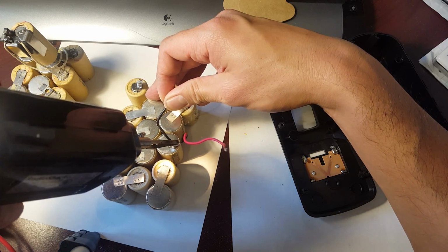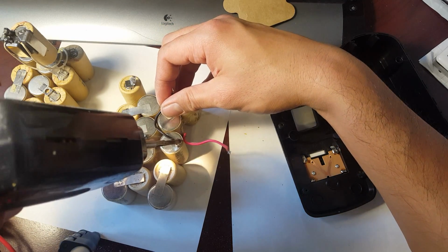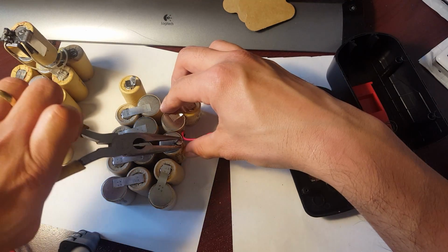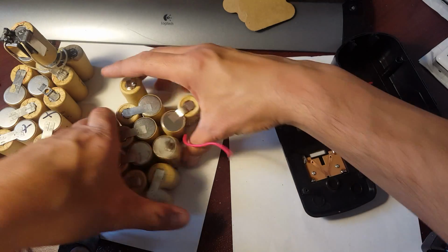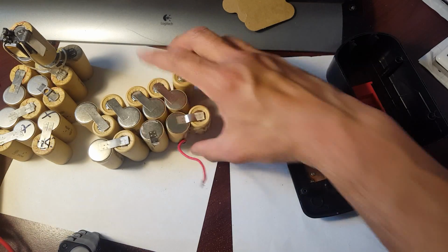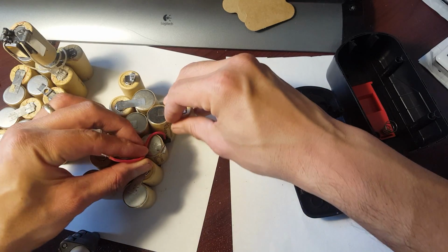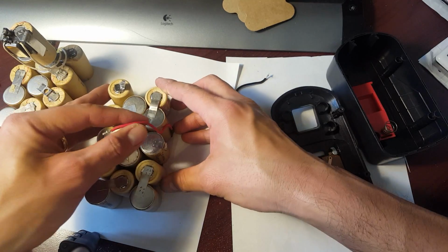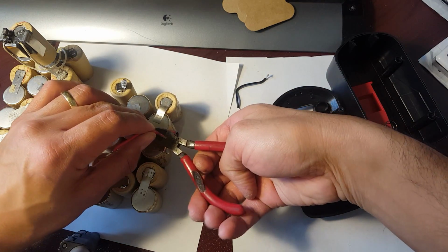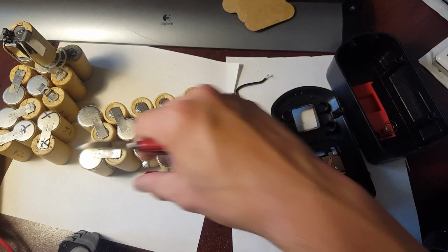So just unsolder this guy. Kind of go there. Unsolder this, set that aside. Then what I could actually do is move this to the side, down this way, fold it down that way like that, so I can kind of tuck it. But see, what I'm going to do now is I'm going to cut this wire, and I'm going to solder it right over there. Or I can actually do it at the top or whatever way I want, but basically what I'm trying to do here is to reconnect this as the new jumper. So I'm going to cut it right here, just enough so that I can solder it right over here on that area right there. Okay,